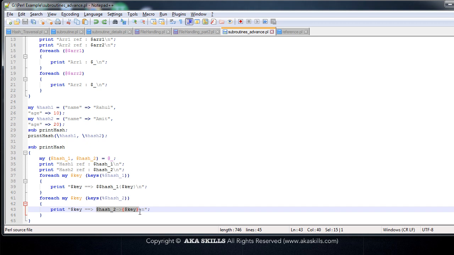So this brings us to the end of our lecture, the advanced lecture on subroutines, where we have passed multiple arrays, multiple hashes, and we have seen how to actually collect them and how to actually pass them as references to a subroutine. You do remember that you cannot directly pass multiple arrays or multiple hashes to a subroutine, just like you